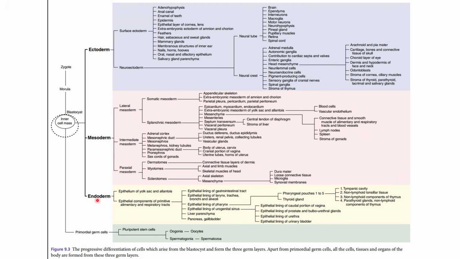Here is a very good and exhaustive map of the three types of germ layers and their fates, as they mature, and their final organ systems where they belong. As you can see here, the primordial germ cells are the only type of cells of the body that do not arise from your ecto, meso, or endoderm.